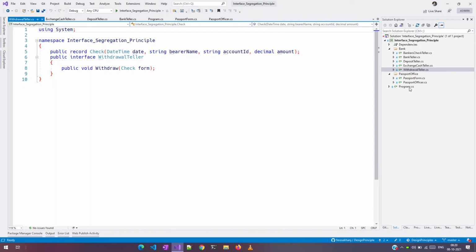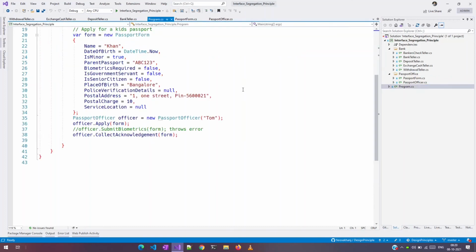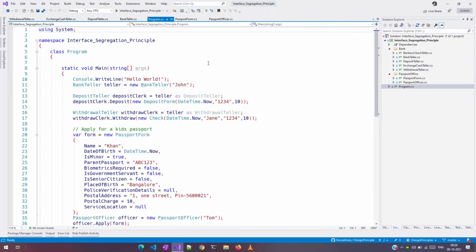Now, if you see, for example, the usage for this system, let me go up. For example, we create a bank teller, but then when somebody wants to use, for example, the deposit function, you can treat the teller as a deposit teller. And then basically you say deposit clerk dot deposit and then give the deposit form.